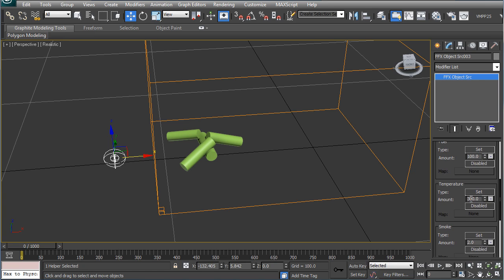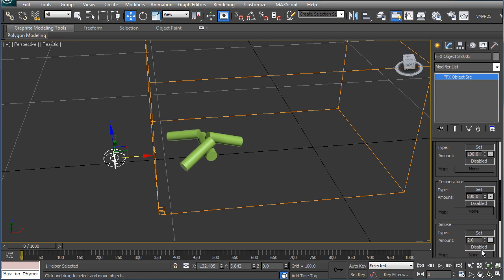I'm going to set the temperature a bit higher, from 300 to 800, because a value of 300 doesn't excite the fumes and flames so much, so it just stays on the ground. A higher value will excite the flames a bit higher so that they rise away from the ground into the skies. So let's set a value of 800 for temperature, and I'm going to set the smoke amount to 0